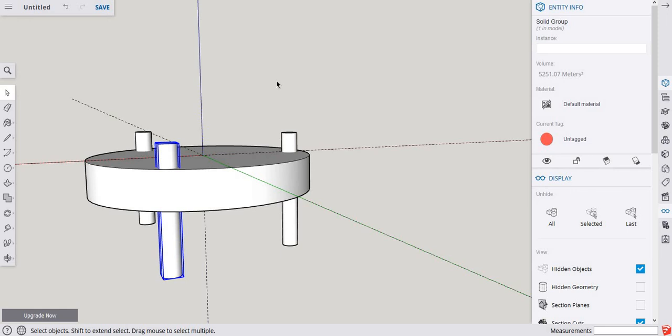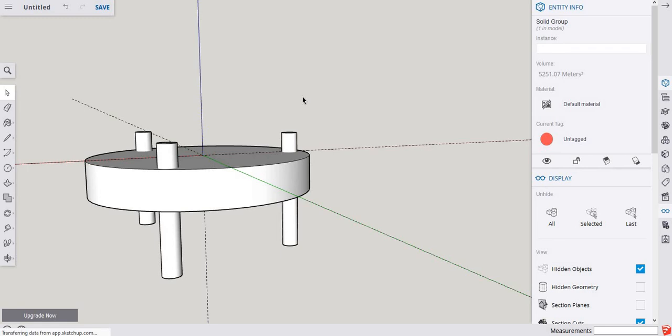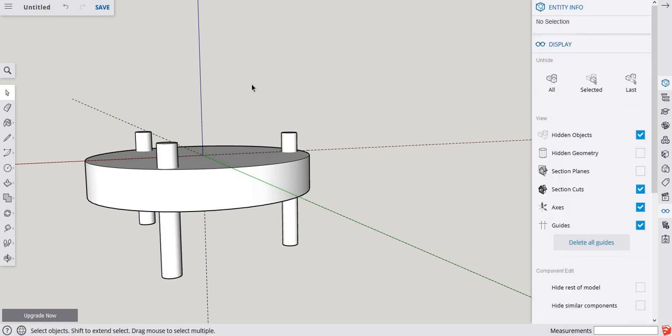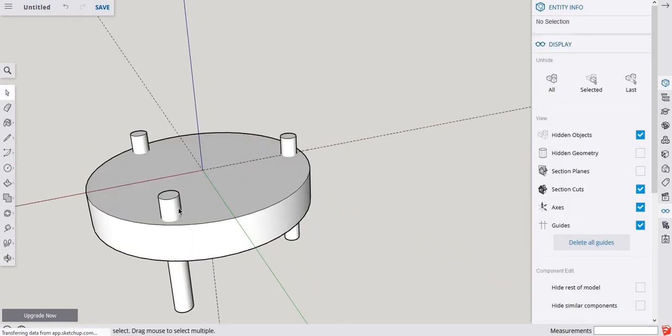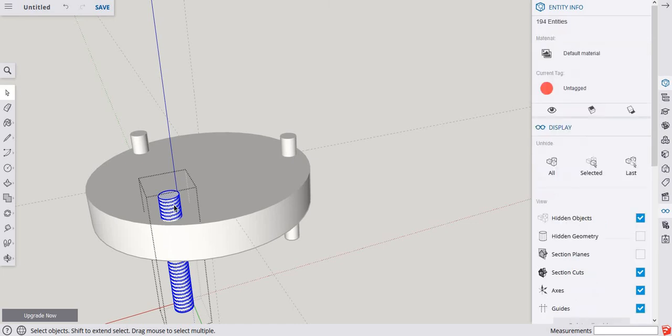Now, in the upgraded version, this right here, if you were to click this one and then it's called Subtract, you say subtract this from that, it'll cut a hole. Really helpful. But we don't have that in this version. So what you actually have to do is a little bit more complicated and I'm not the best at it, but if you go inside a group, triple click,